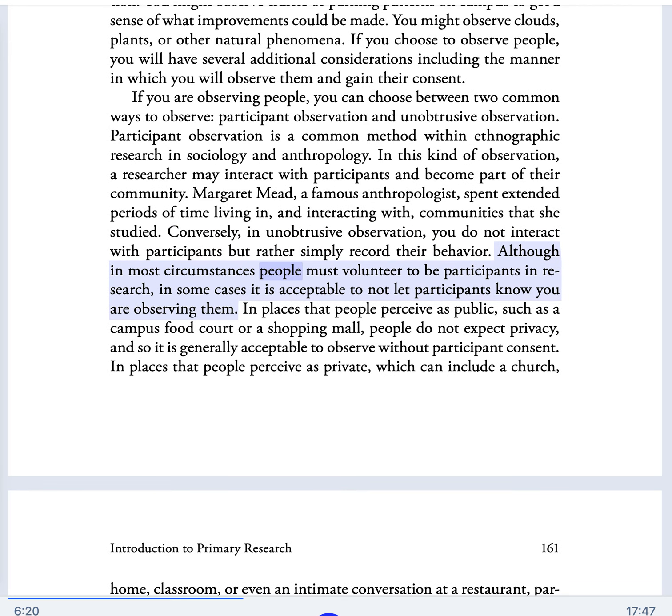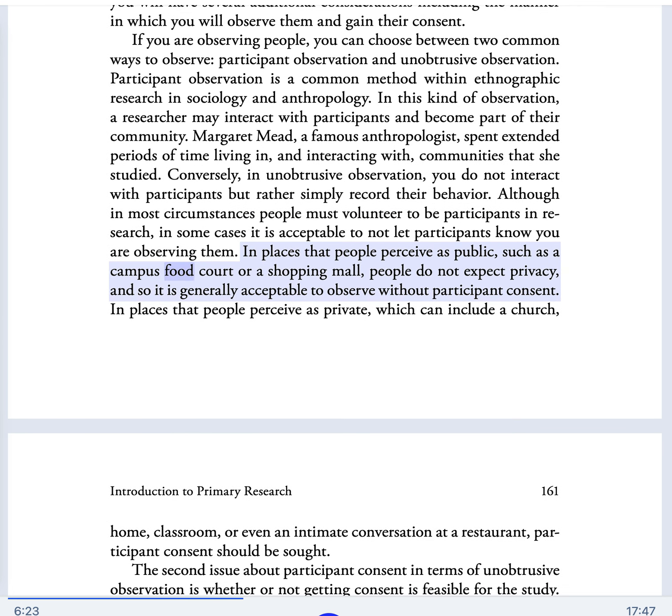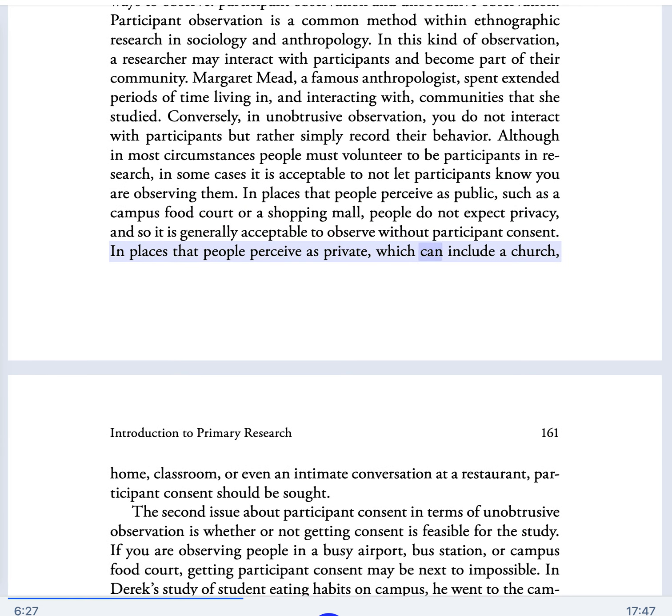Although in most circumstances people must volunteer to be participants in research, in some cases it is acceptable to not let participants know you are observing them. In places that people perceive as public, such as a campus food court or a shopping mall, people do not expect privacy, and so it is generally acceptable to observe without participant consent. In places that people perceive as private, which can include a church,